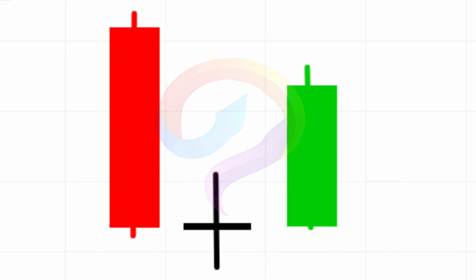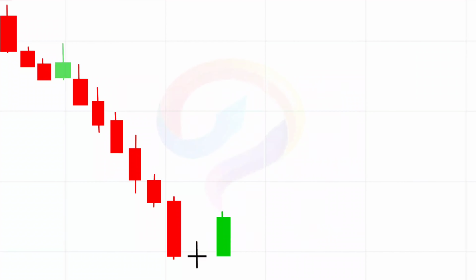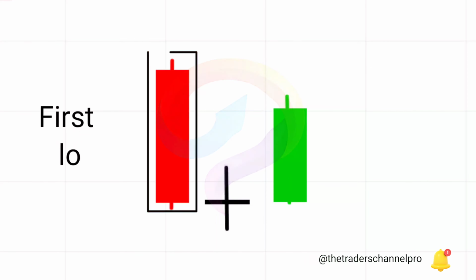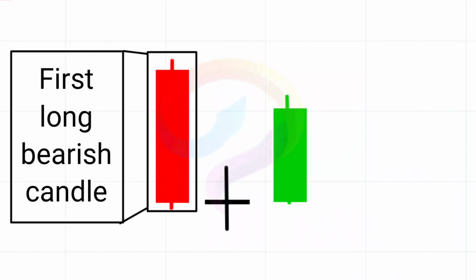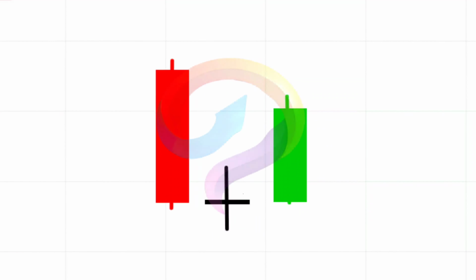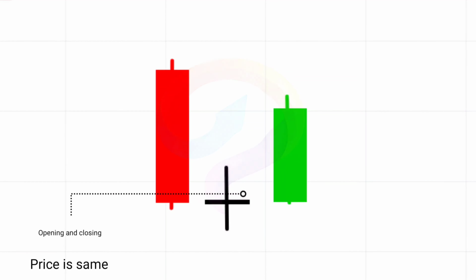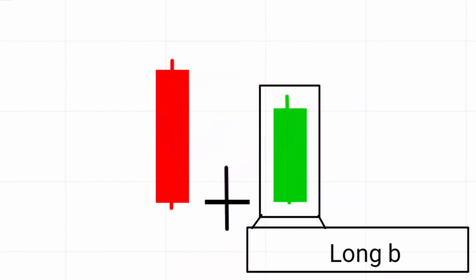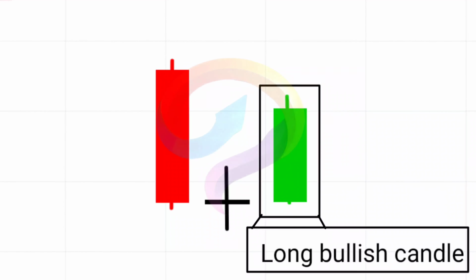The morning Doji star candlestick pattern is a bullish reversal pattern that consists of 3 candlesticks. The first candlestick is a long red or black candle, followed by a Doji candlestick. The Doji candlestick opens and closes at the same level, creating a small or non-existent real body. The final candlestick is a long white or green candle, which opens above the Doji's high and closes near the